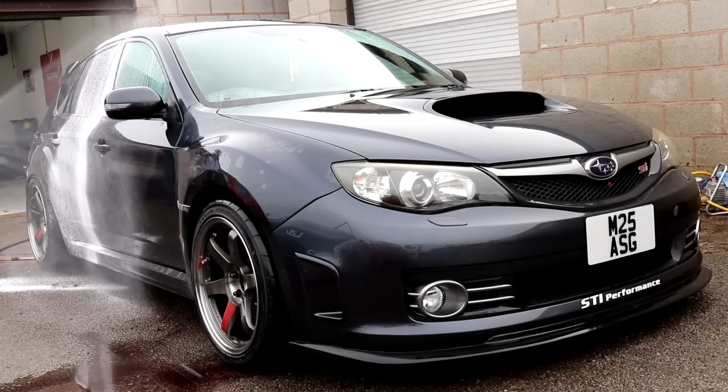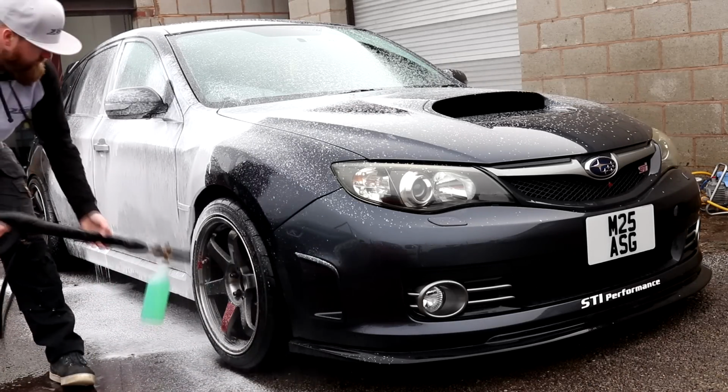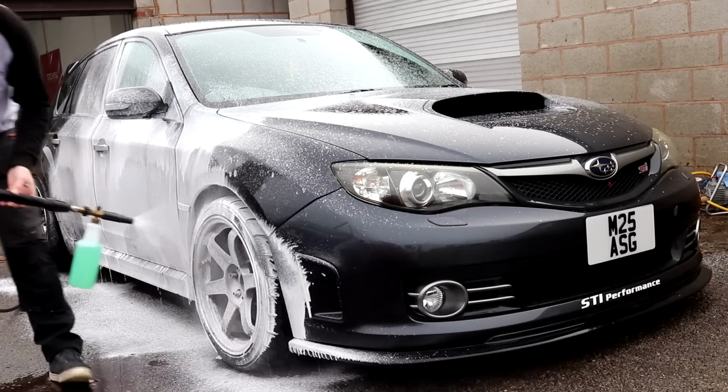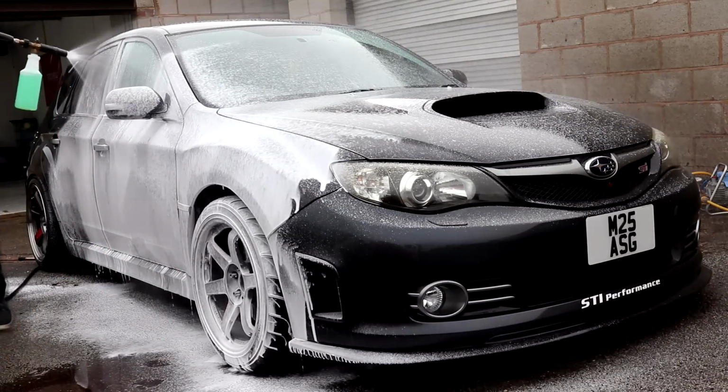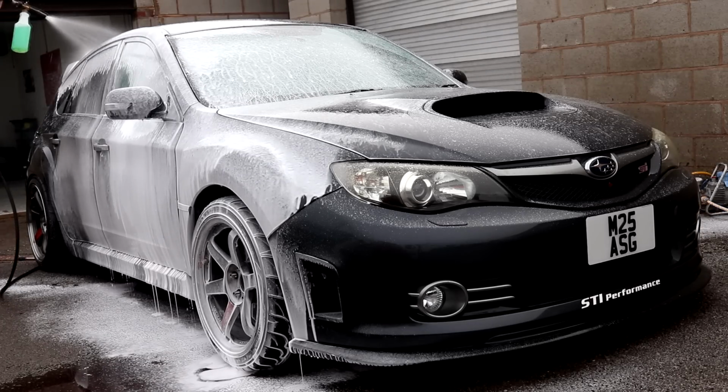A final layer of snow foam is applied to the exterior to allow it to soak into all of the same gaps and crevices that both the tar deposit remover chemical and the iron fallout product soaked into. So, when I follow with using the pressure washer, there won't be any chemical decontamination product remnants remaining in those